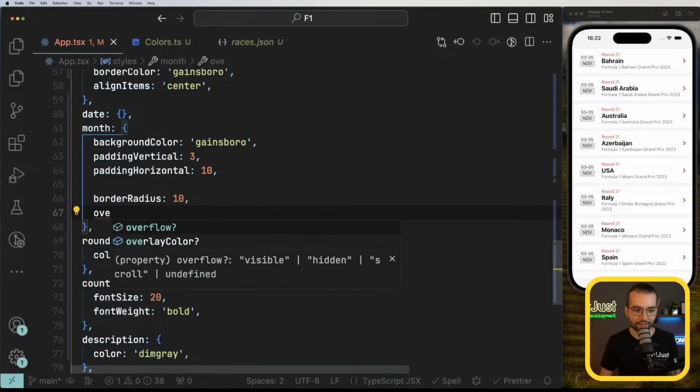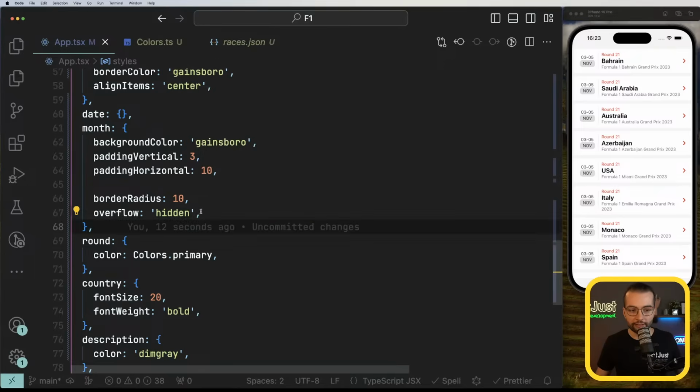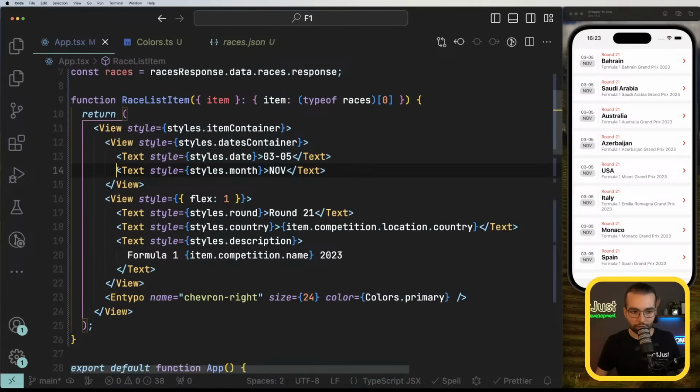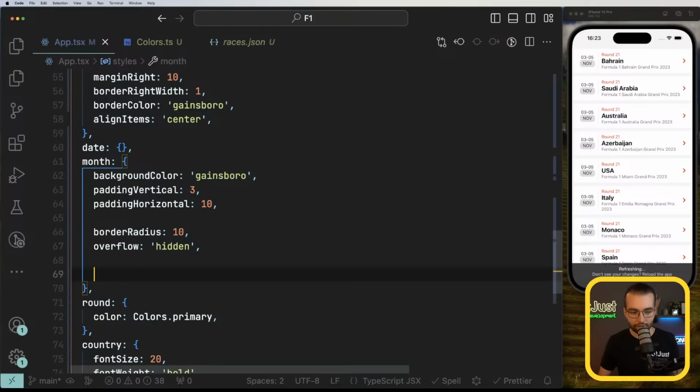So what we have to do is say overflow hidden, and this will hide what's overflowing and will take the shape that we provided here with border radius. I'm not exactly sure if this overflow hidden is working properly on Android. So if it's not working, we simply go to the solution by wrapping this text inside a view and adding things like border radius, background on the view, and the rest of the styles like font color here can be